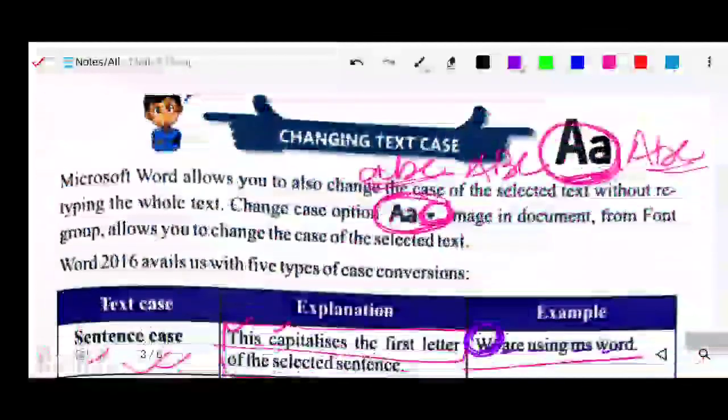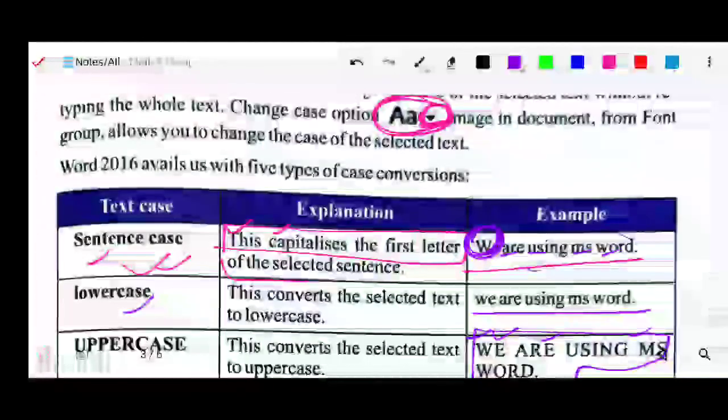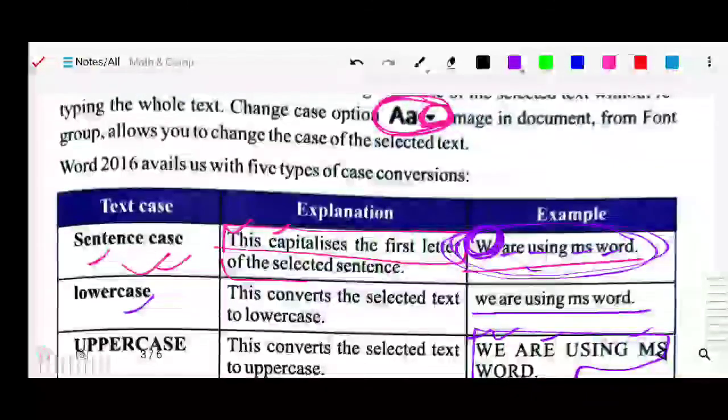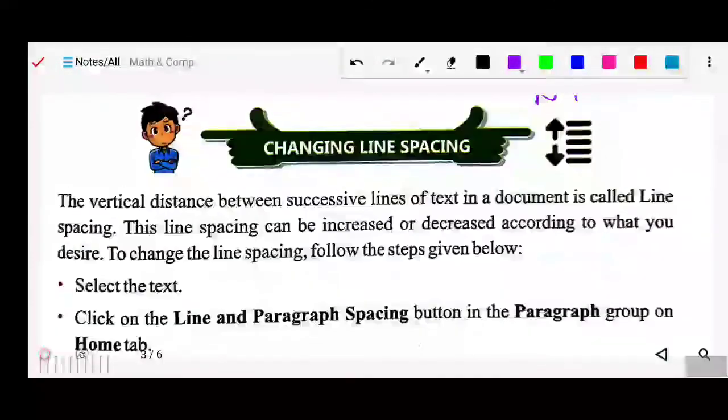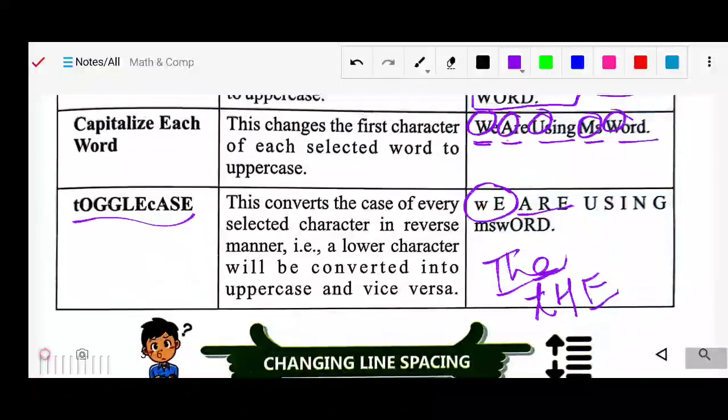The actual sentence was we are using MS Word, so whichever was capitalized becomes small, and the small becomes capital. So that is toggle case.